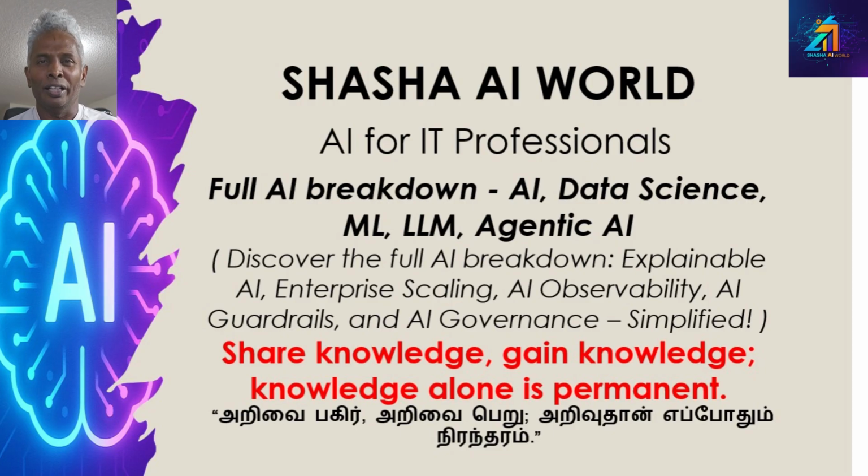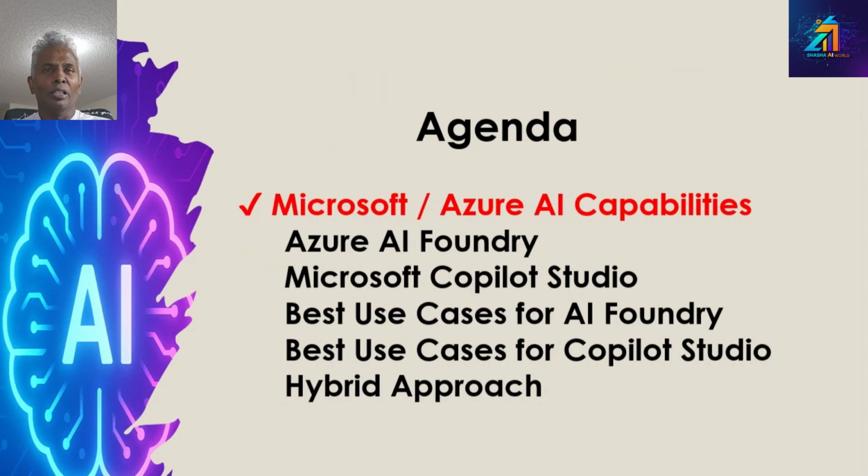Recently, I have been getting a lot of comments and questions about Microsoft AI capabilities, especially around Microsoft Copilot Studio and Azure AI Foundry. Many people are confused about why Microsoft has two AI platforms. What is the actual difference and when to use each one? Many people think that they do the same, but actually they are built for different types of AI applications